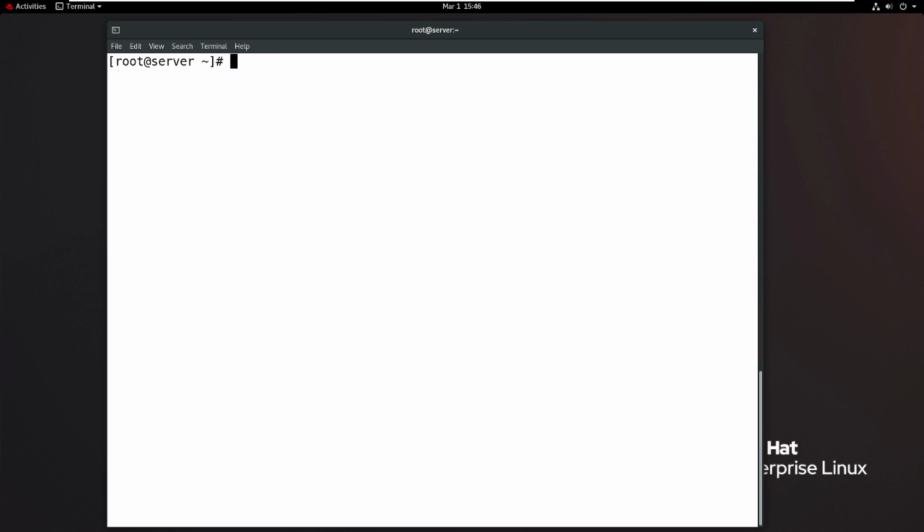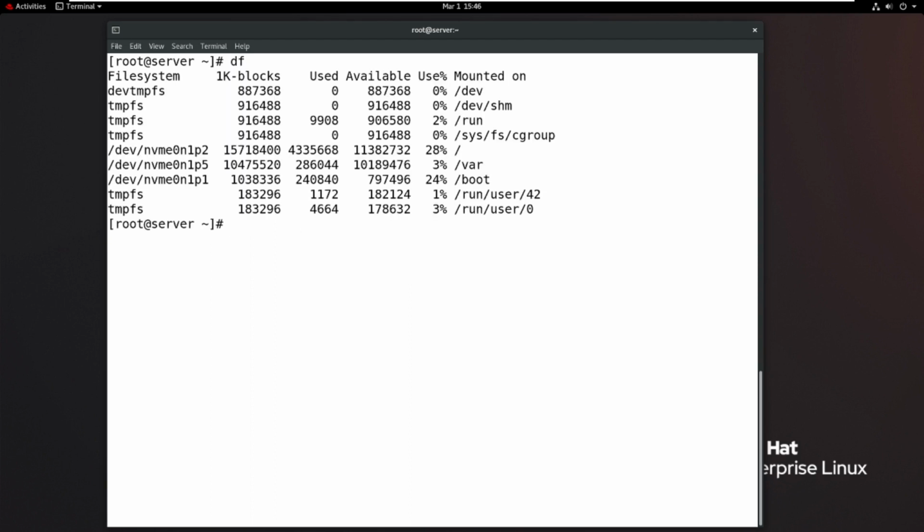If you run the df command, the sizes shown, like 887368, are in blocks. By default sizes are blocks. The slash size is 15718400. Now if you use df -h, the sizes convert to human readable format.